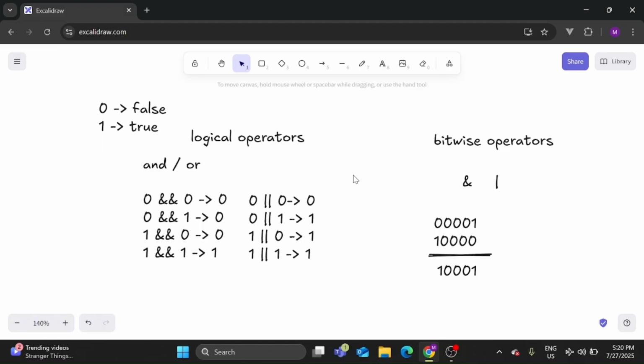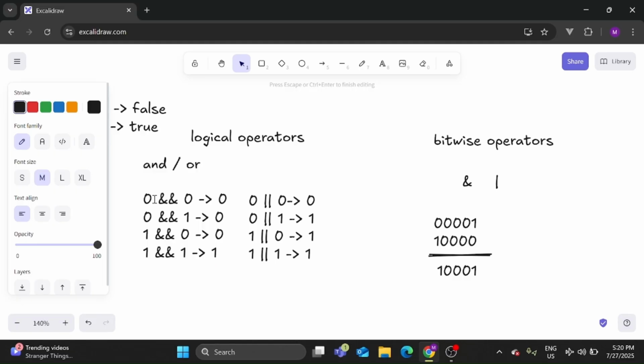So in Java, for the logical operators, in the case of an AND, if the first condition was false, it will not go ahead and check the second condition, because we know that if one condition fails, then the result will be false as well, right? And in the logical OR,